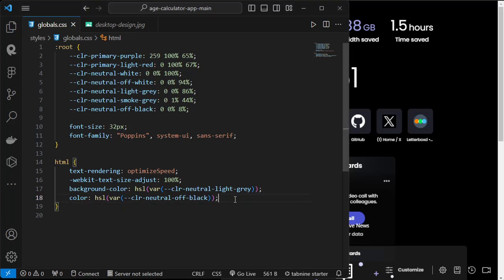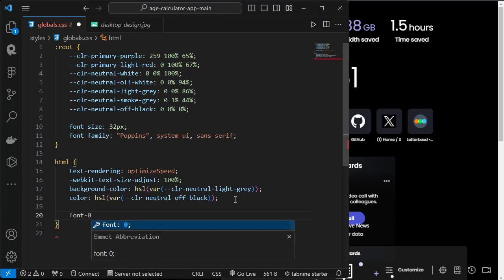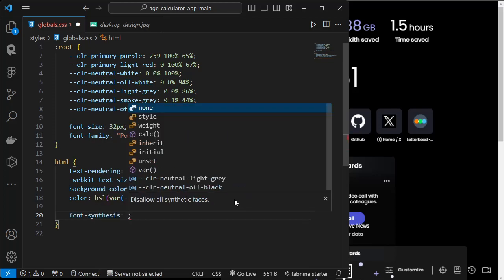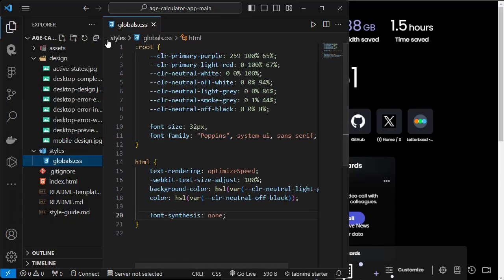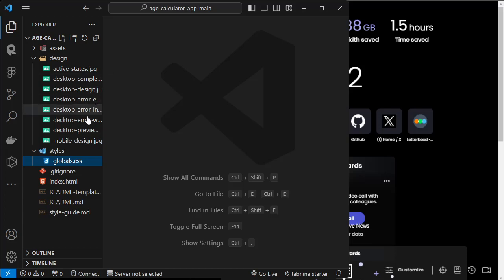Okay, what else do I need? I guess font synthesis. This is just telling the browser that we don't want it to come up with its own bold and italic font styles if they do not exist in our project directory and the user's local storage where the fonts exist, or in their system or device. Okay, anyway,